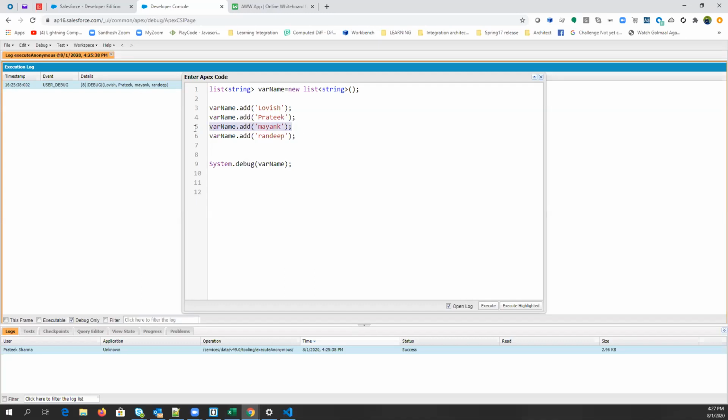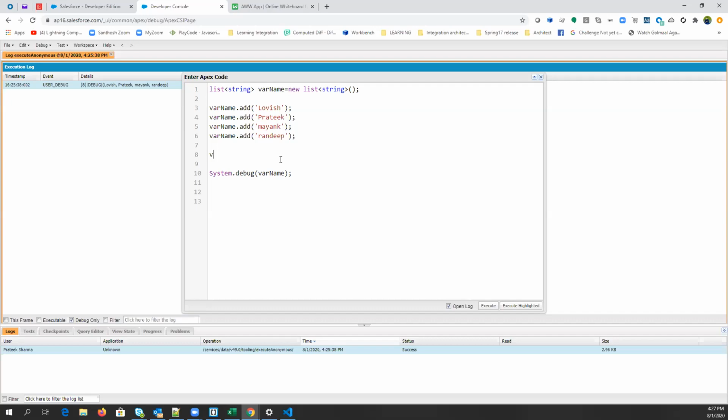If I want to shift Mayank and store a new value in his place, what do I need to specify? How will I find on which space Mayank is stored? Based on index, right, guys?